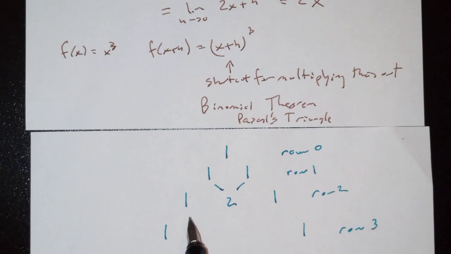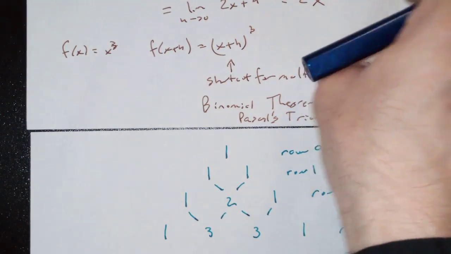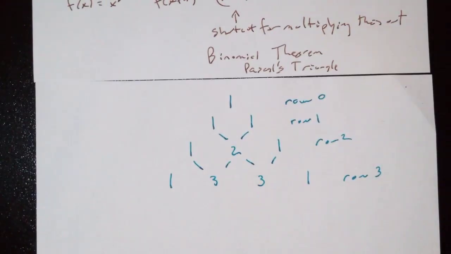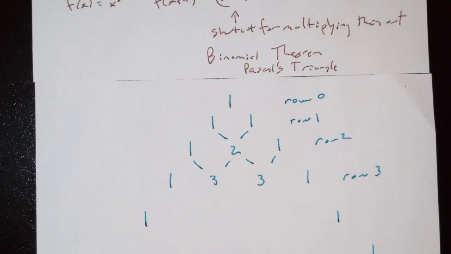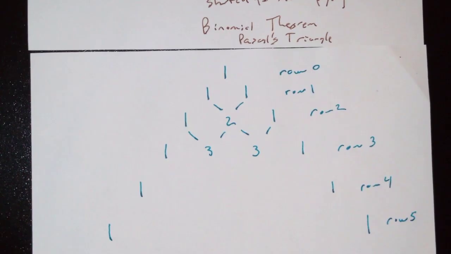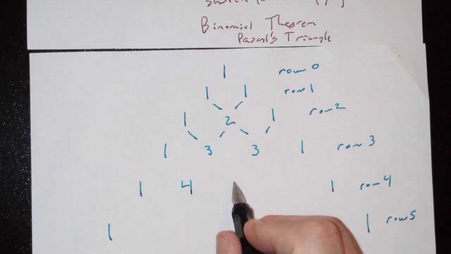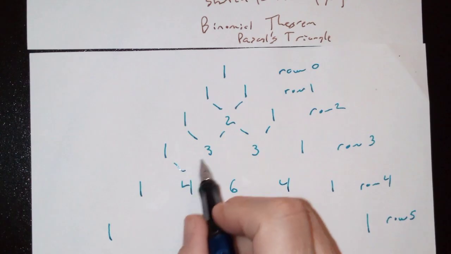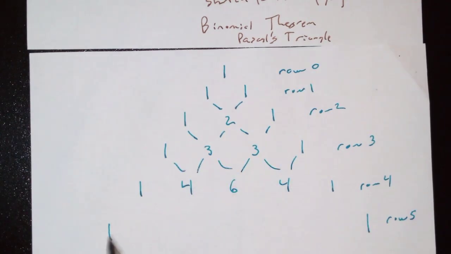So when I go to fill in down here, I get this row. I want you to give me rows 4 and 5. Okay. 1, 4, 6, 4. And then down here,